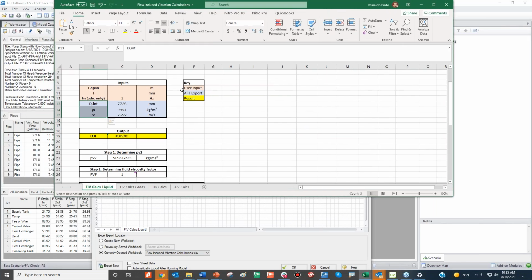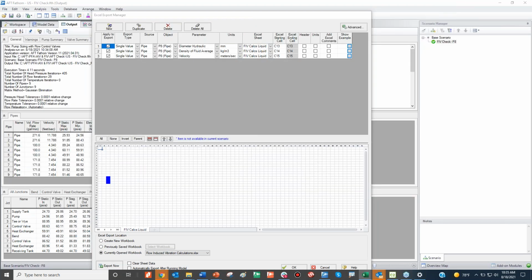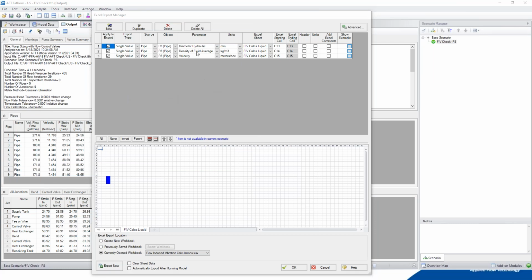The spreadsheet requires you to export the diameter, the density, and the velocity. So here, we see that we're exporting the diameter in millimeters because it has to have the same units, the density of the fluid, and the velocity in the same units.